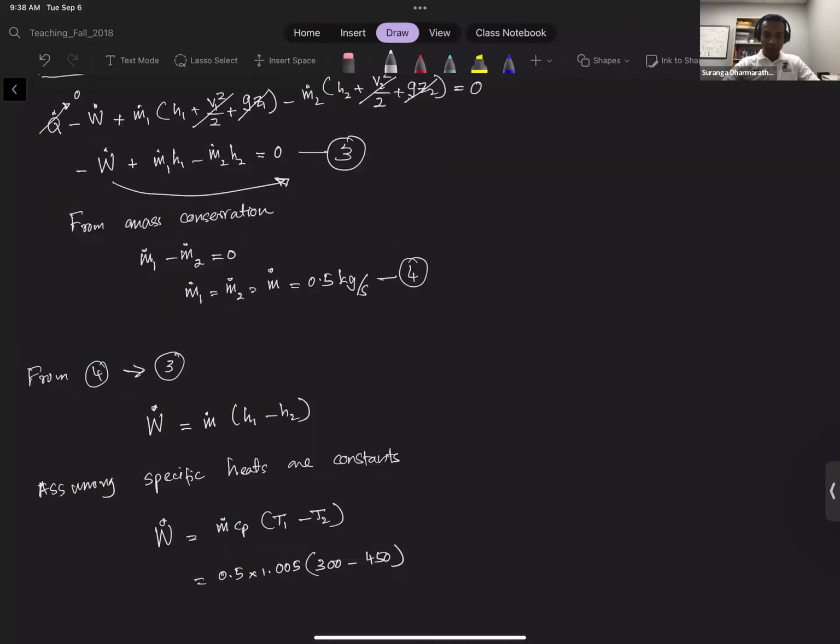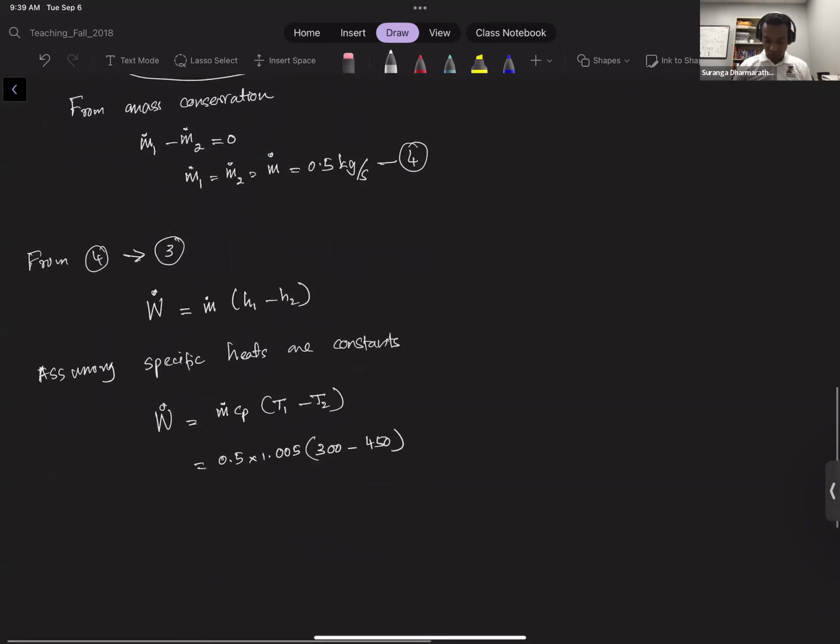You get 0.5 times 1.005 times 150. It's 75.37, so this is negative 75.38